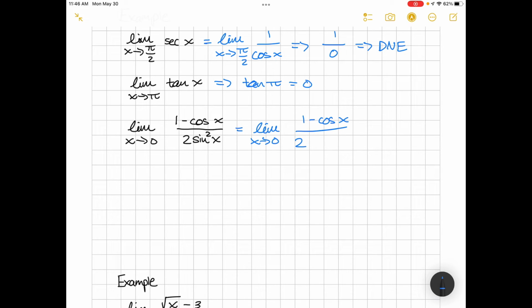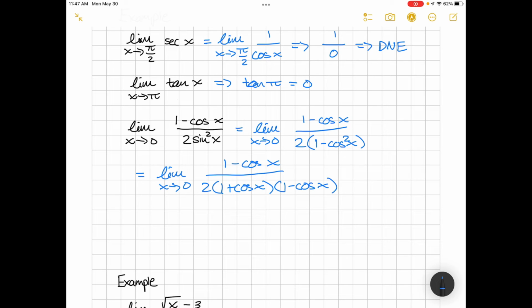But cosine squared plus sine squared is equal to 1. That's the Pythagorean identity, which means that sine squared of x is equal to 1 minus cosine squared of x. So 2 times 1 minus cosine squared of x, like that, right? And now we can use the difference of squares rule to further simplify 1 minus cosine squared of x. So if we do that, we can rewrite all of this as the limit as x approaches 0 of 1 minus cosine of x all over 2 times 1 plus the cosine of x times 1 minus the cosine of